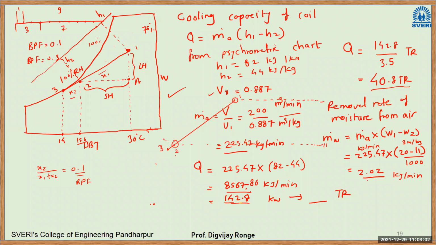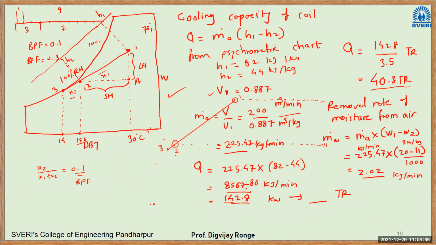In deserts like the Sahara, there are some projects of getting free water. How do they get the free water? They install such kind of coils. They extract the water content from air, and that way they get the water. That water is again very pure to drink. You can search on YouTube or Google also. So the coils are being used to get free water from the atmospheric air.